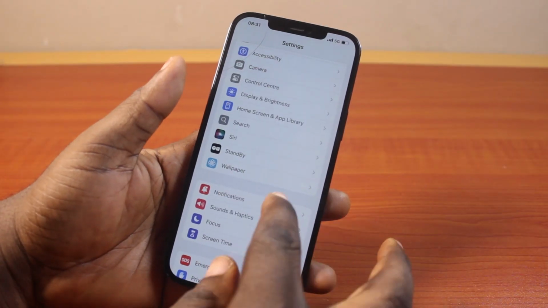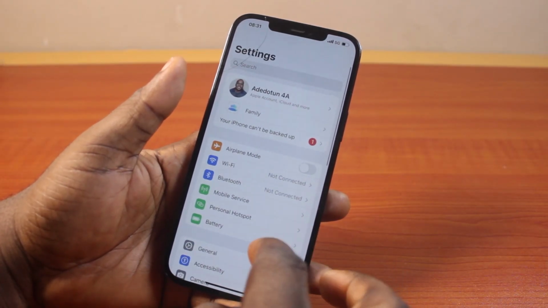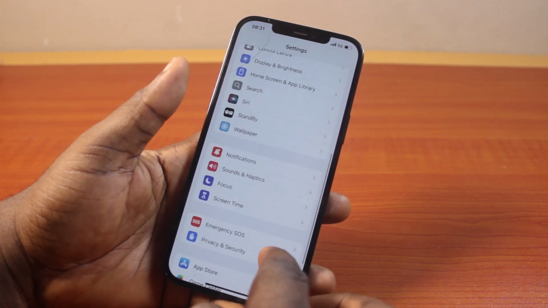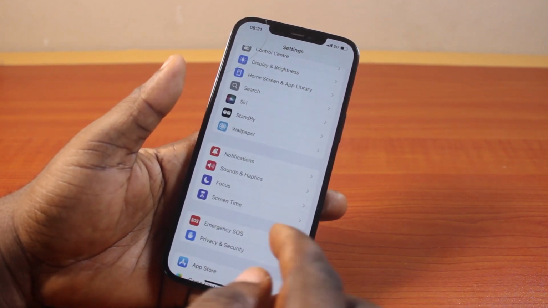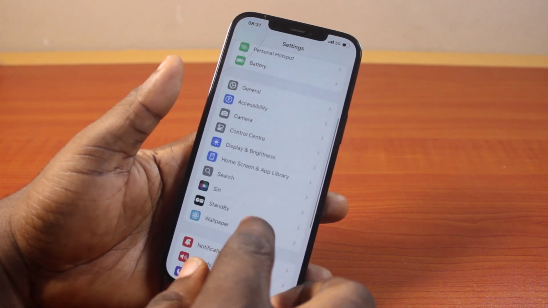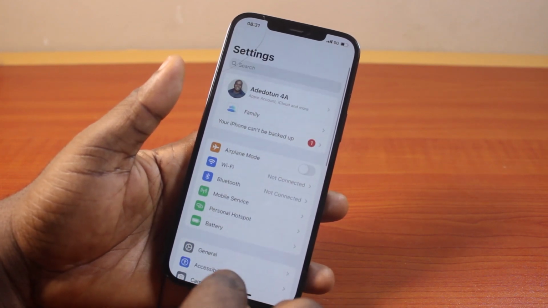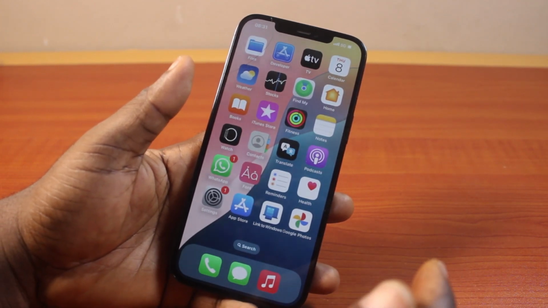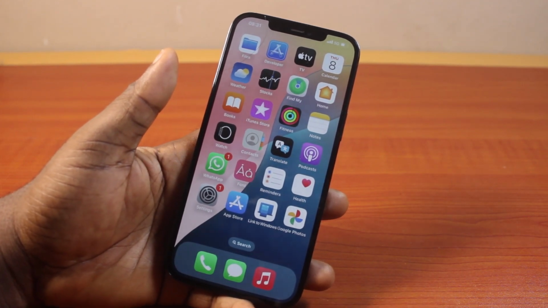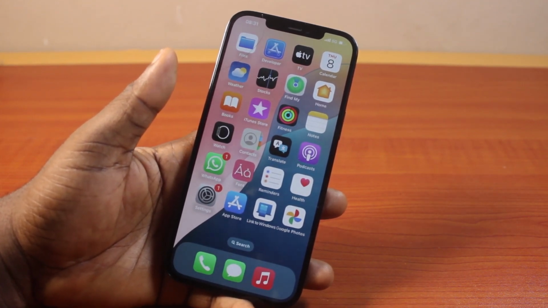In this video, I'll detail how to fix Face ID and passcode missing in iPhone. So if you have a Face ID phone and you discover that the Face ID and passcode is missing, so you couldn't set passcode or you couldn't use the Face ID, then in this video, I'm going to walk you through the step by step on how to fix your iPhone Face ID and passcode settings and passcode missing in